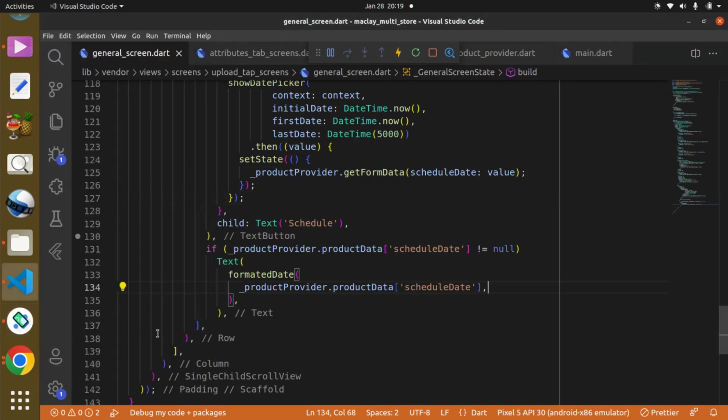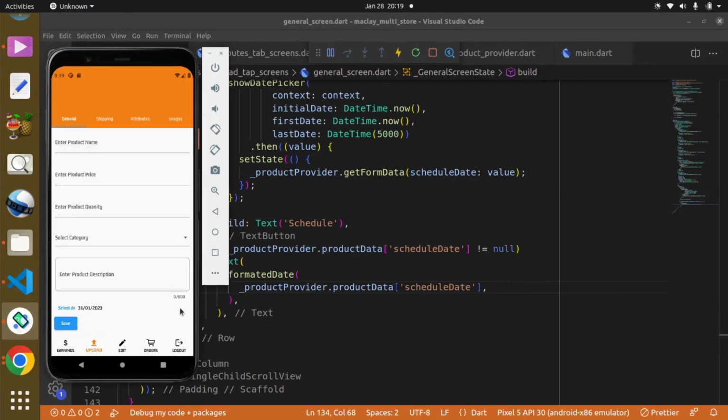Probably you can add some style to this, or you can move this date over to this side by using the main axis alignment, or space between, or you can just leave it this way. Okay, see you in the next